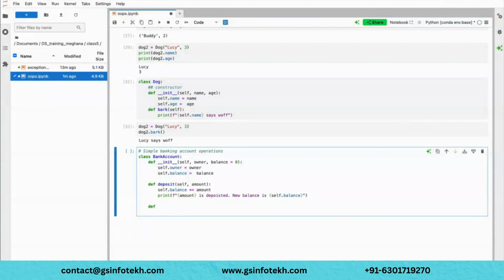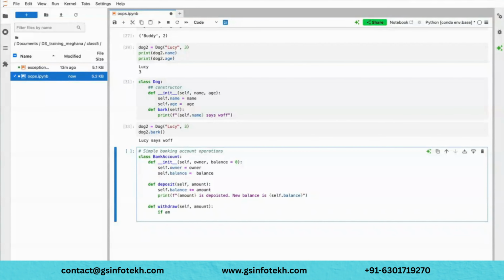Let's say if I withdraw. So what do I need to do for withdraw? Again, I need to take the amount, correct? And then I need to reduce it from the balance after withdrawal. First you need to check whether the withdrawal amount exists or not, right? So let's say your bank balance is 100 rupees, but you are requesting 1,000 rupees, right? In that case, the operation should not be performed. So maybe you need to display something like insufficient funds, all those things, right?